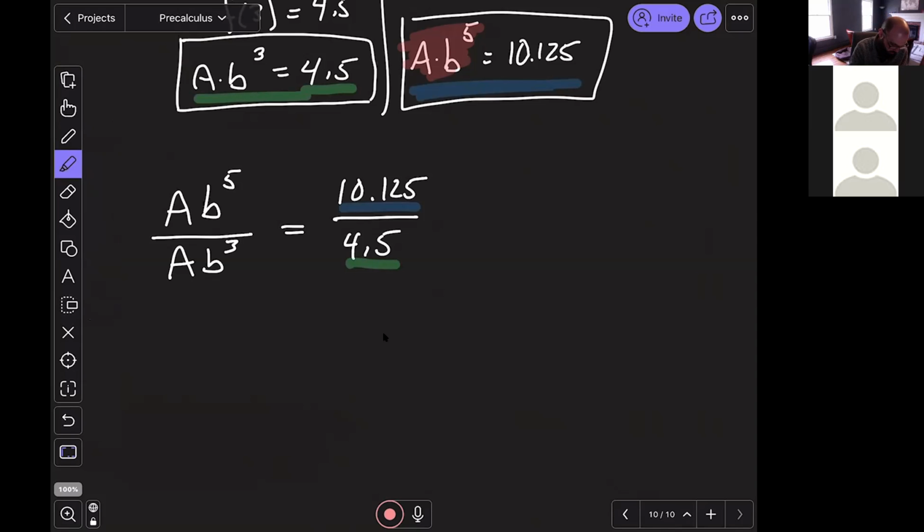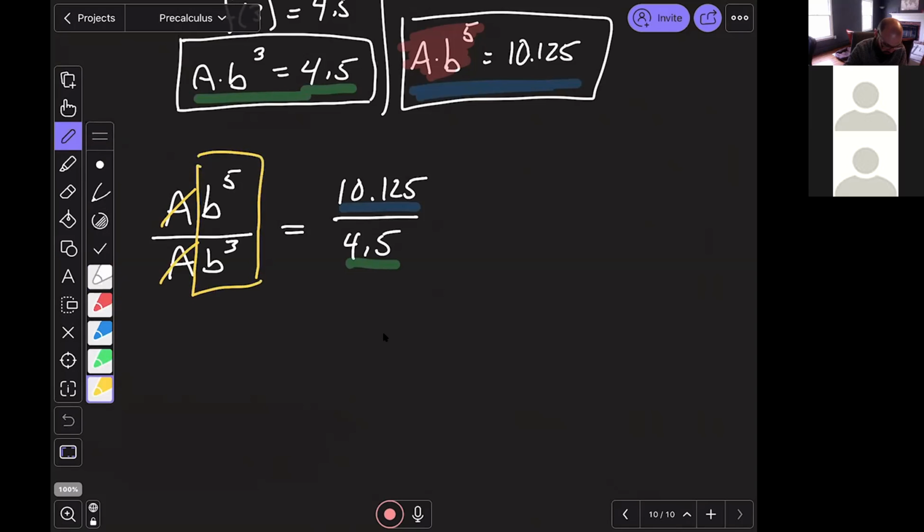All right, now all that work that we did with exponent rules is going to come into play here. These A's are going to cancel, so I'm going to divide the same thing. And when I look at this part right here, I have B to the 5th over B cubed. When I put those two things together, they have 5 B's on top, 3 on the bottom, so I'm going to subtract my exponents. This simplifies down to B squared. So we get B squared is equal to 10.125 divided by